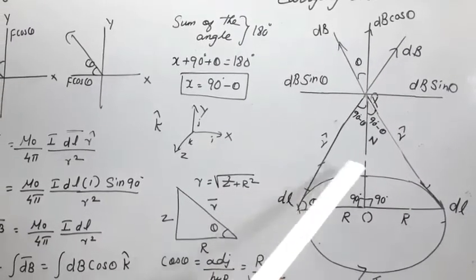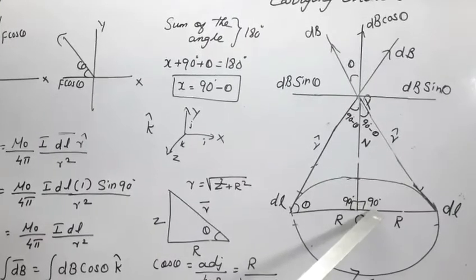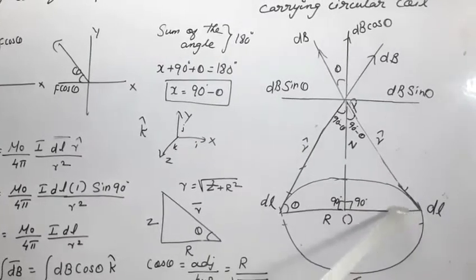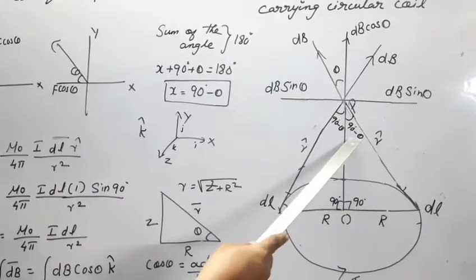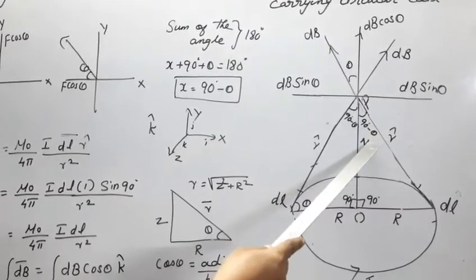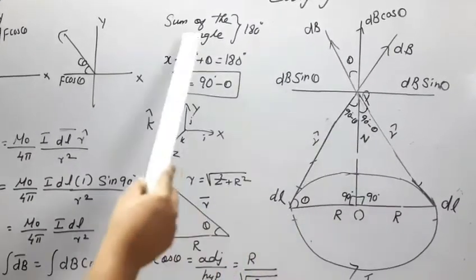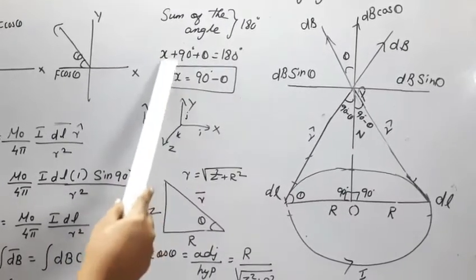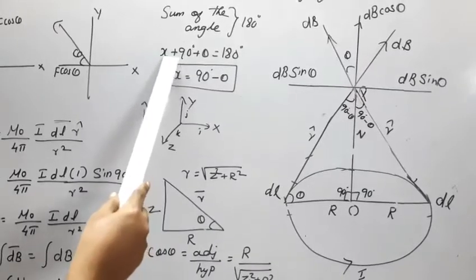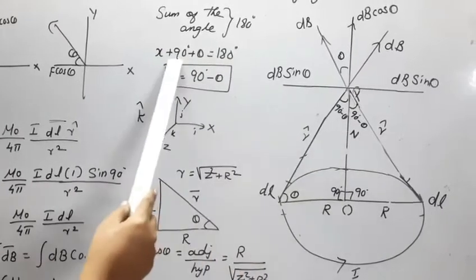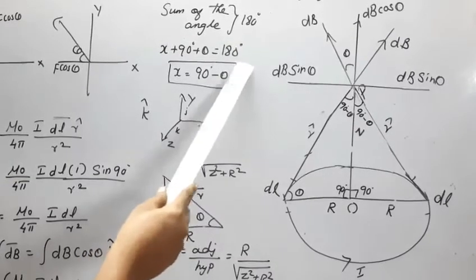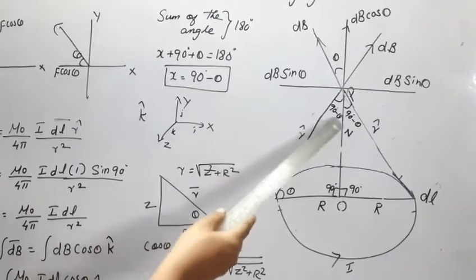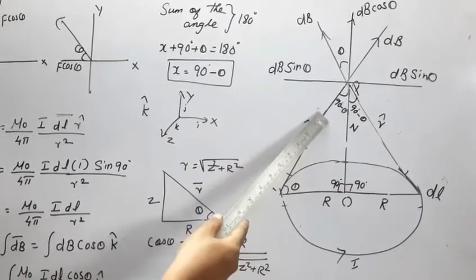Next, this is a right angle triangle, so this angle is 90 degrees, and this opposite side is theta. So this is 90, this is theta, and this angle is equal to 90 minus theta. How does the angle come to 90 degrees? According to the right angle triangle, the sum of the angles equals 180. Suppose this angle is x, so x plus 90 degrees plus theta equals 180. Therefore, x equals 90 minus theta. So this side is 90 minus theta, and the similar angle is also 90 minus theta.